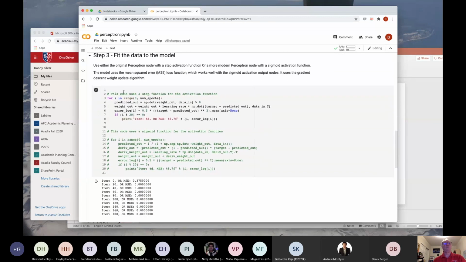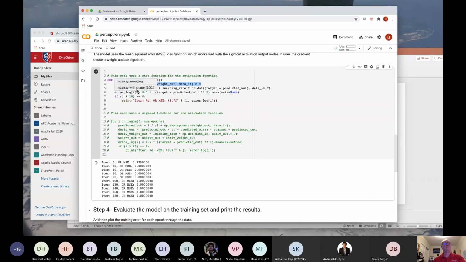So this is the code that should be fitting the model to the data, and it just performs the mathematics that you saw in the slides. The predicted output, first of all, is just checking to see if the weights times the input is greater than 0. If it is, then this value receives a 1. That's what this bit of code right here does. I know that there's no if in it, but trust me, it does. This just returns a value of true or false. So if this is true, then predicted output gets the value of true.